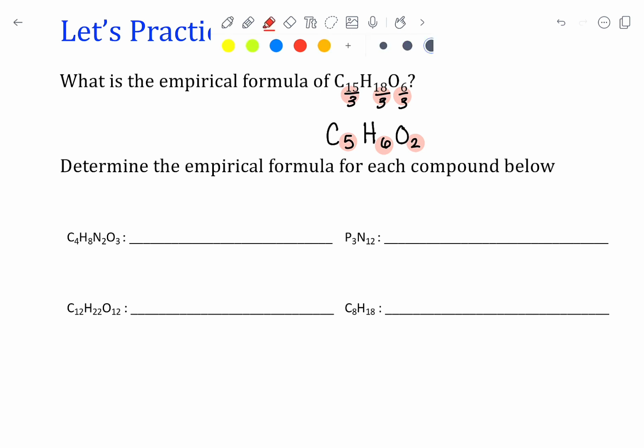If we look at our first example, we have C4H8N2O3. Now, if you think about it, we could try to divide all of these by 2, but I can't divide 3 by 2. That would not give me a whole number. There's no other number that we can use to divide all 4 of those values by, meaning this formula is our most simplified formula, and it is our empirical formula. So we would write the empirical formula as